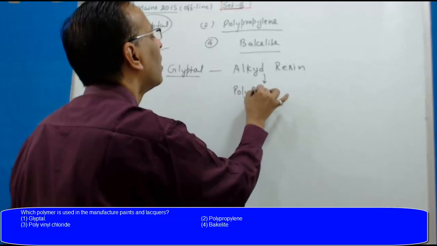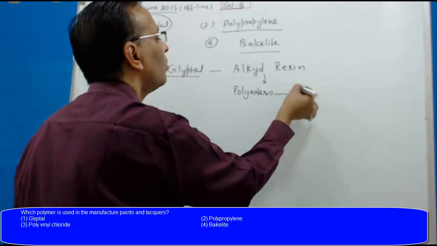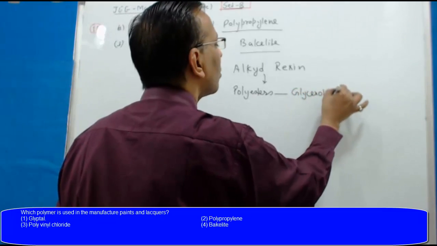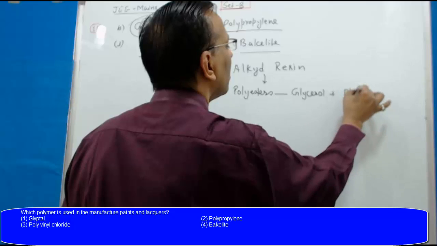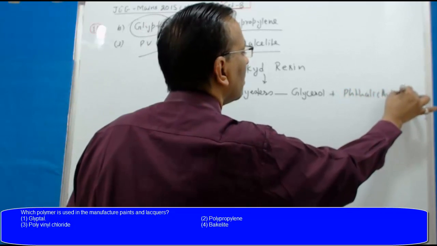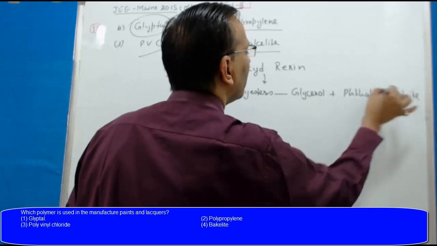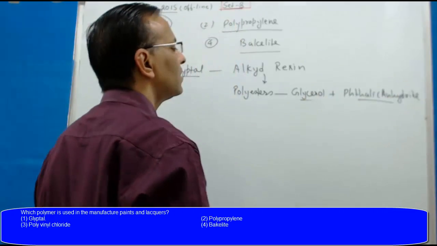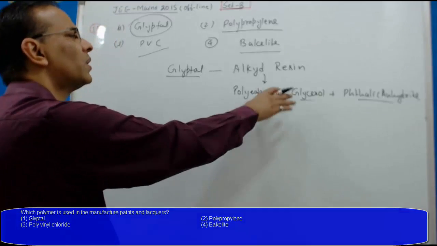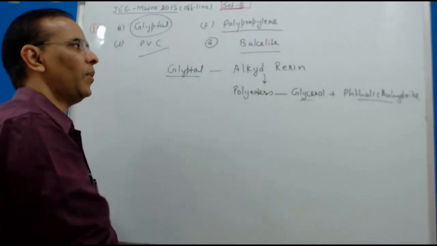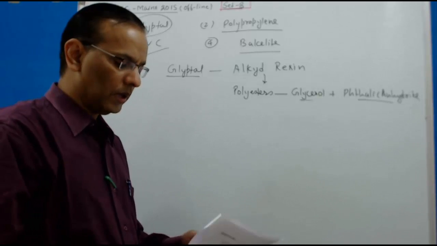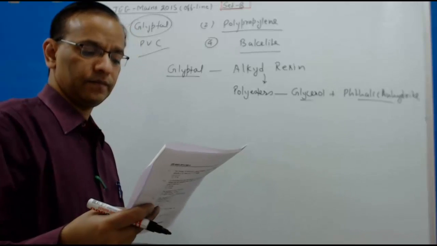पॉलिएस्टर्स जो कि यूजुअली ग्लिसरॉल और थैलिक एनहाइड्राइड के कंडेंसेशन पॉलीमराइजेशन से बनता है और ये यूज होता है, रेसिन है, ये यूज होता है पेंट इंडस्ट्री में और एडहेसिव बनाने में। तो क्वेश्चन नंबर 11 ये था।